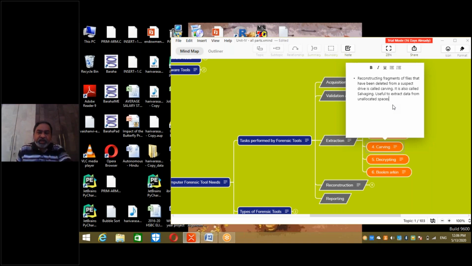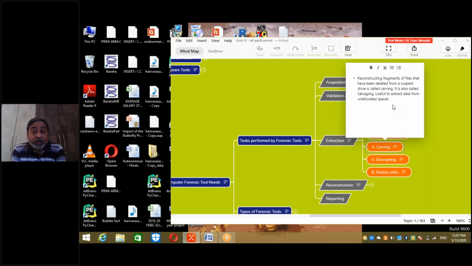Very simply understood. You know that memory is allocated for the creation and saving of a file on the hard disk by the operating system. Memory is allocated in terms of clusters. You have created a file. Say a cluster is 1 KB in size, that means 2 sectors are allocated. Right? You have created a file of size less than 1 KB, say 600 bytes. So the smallest unit allocated is one cluster.